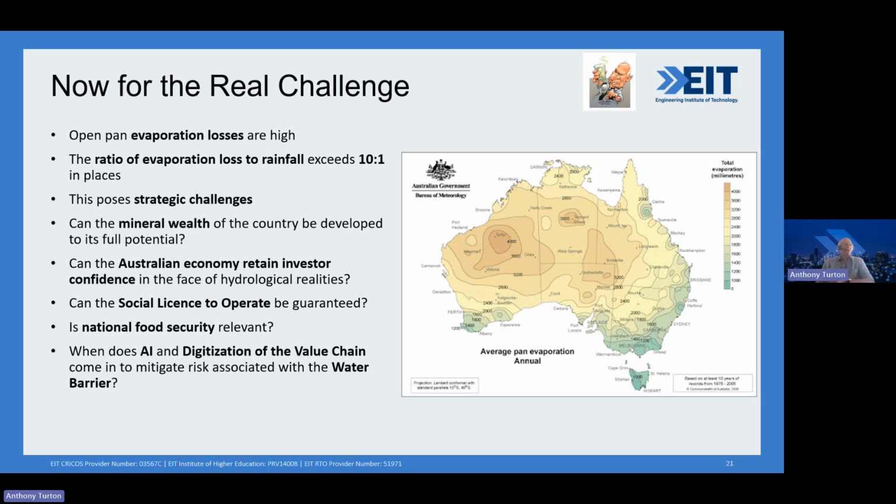And I know in the Middle East they're very concerned about the importation of food. They want to become more nationally self-sufficient in food security. It's not so much an issue in Australia. It is increasingly going to be an issue in Southern Africa. I've done some work some years ago for the British government where we did some modelling, and we showed that in about 2030, about 2040, around about there, we're going to start seeing countries like Botswana, like Namibia, South Africa, and Zimbabwe are no longer going to be able to produce enough food for their own nations. They're going to become importers of food, and therefore the issue of national water security, national food security,